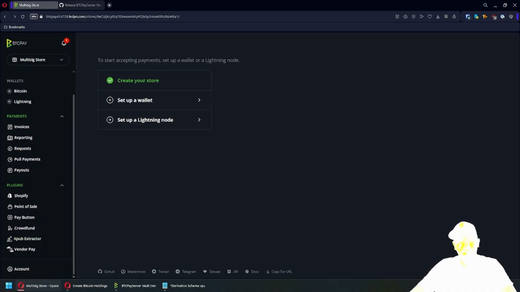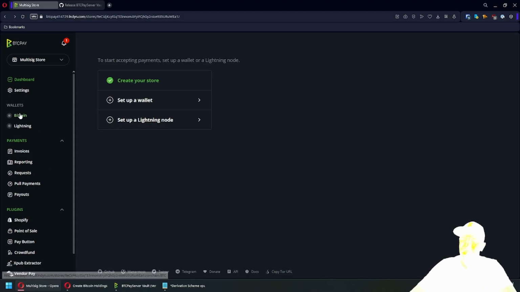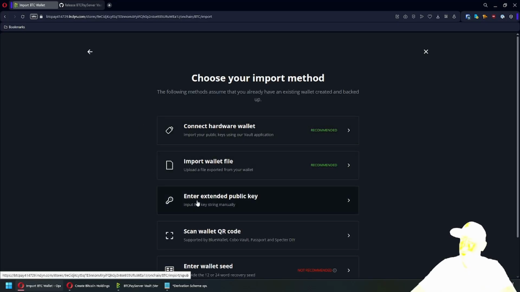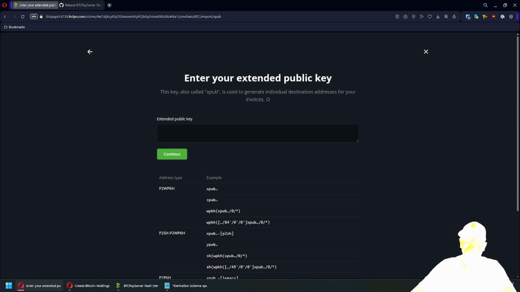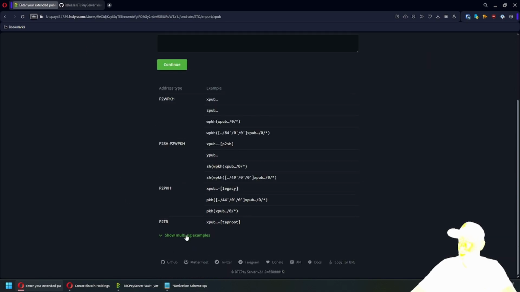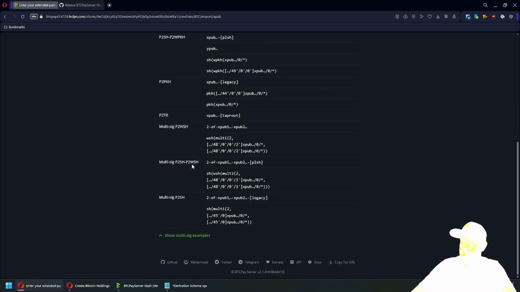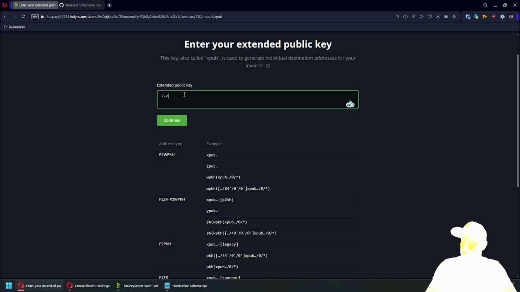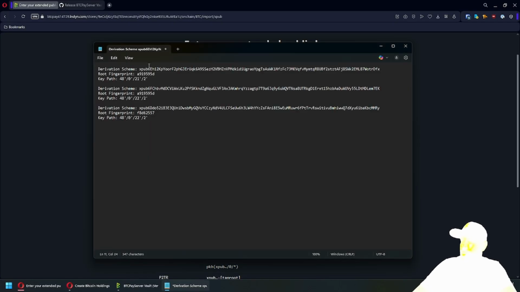Okay, now that we have data from 3 keys, we're ready for phase 2, and we can initialize Bitcoin wallet with 2 out of 3 multisig. The way we're going to do that is we click on Bitcoin, connect existing wallet, and then enter extended public key. So now I'm going to expand these multisig examples, and we see this example where BTCPay has this special format. So all that I need to do is say 2 of and then start entering